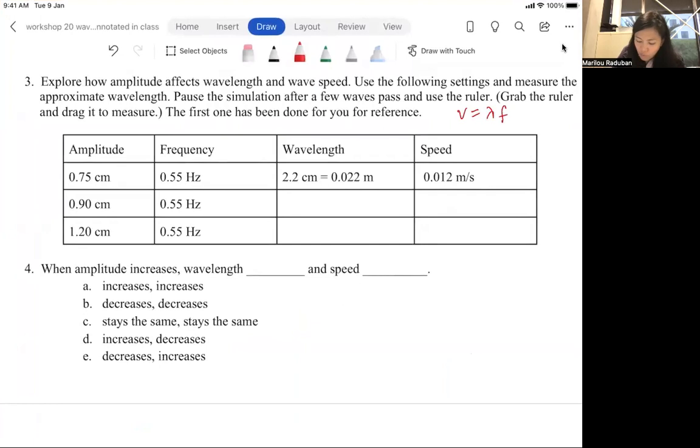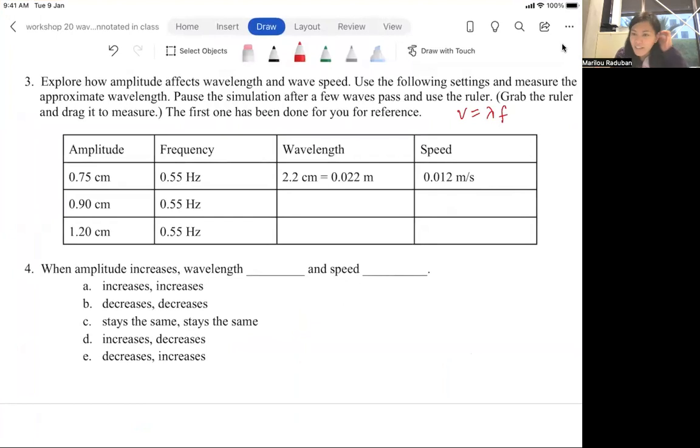wavelength times the frequency. So make sure your wavelengths are in meters, so that your speed will be in meters per second. Hertz is of course 1 divided by second. So multiplying 0.55 with 0.022 will get 0.012. If you do the whole exercise, you will see that,